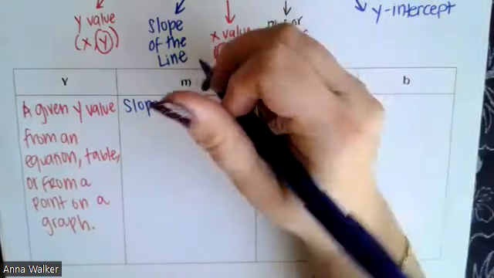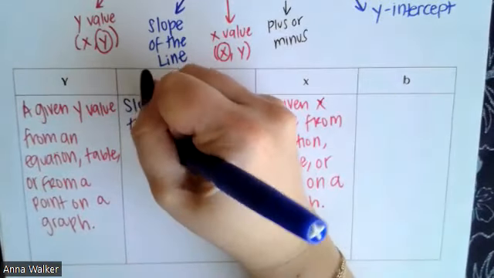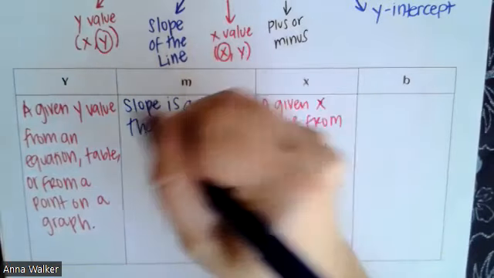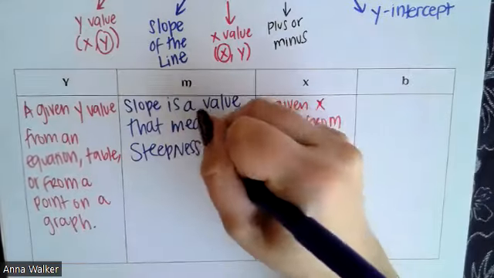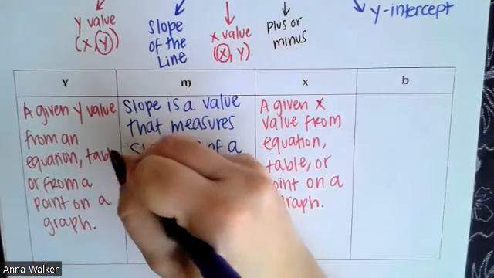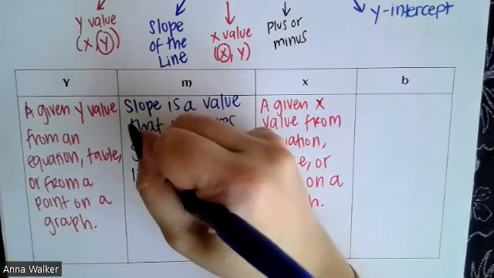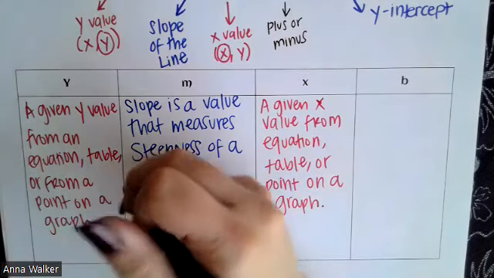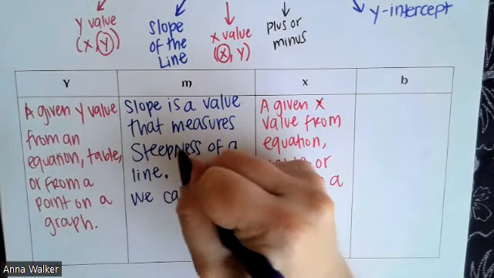You could put it as a number or as a value. I'm going to put value. Slope is a value that measures steepness of a line. Okay, so is it really, really steep, like almost vertical, or is it more flat? Slope is a number that measures the steepness of a line. Okay, and we calculate slope